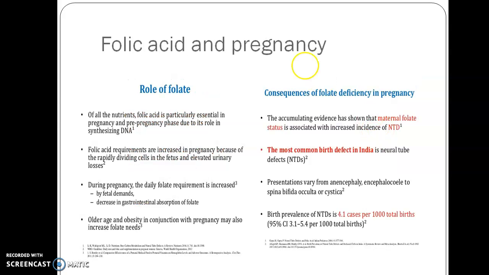Now, what is the importance of folic acid, and what is the relation between folic acid and pregnancy? Of all the nutrients, folic acid is very essential in the pregnancy and pre-pregnancy phase due to its role in synthesizing DNA. Folic acid requirements are increased in pregnancy because of the rapidly dividing cells in the fetus and elevated urinary loss. During pregnancy,